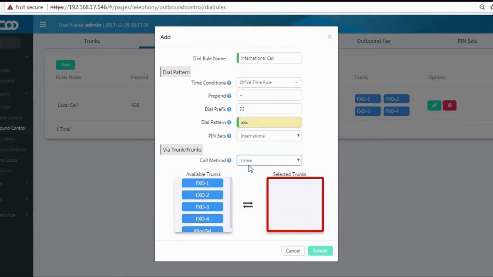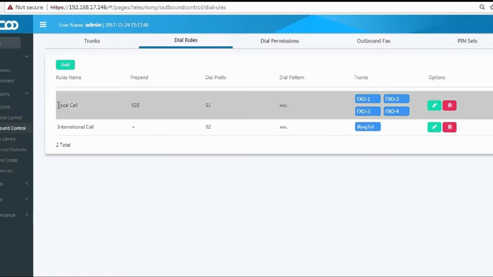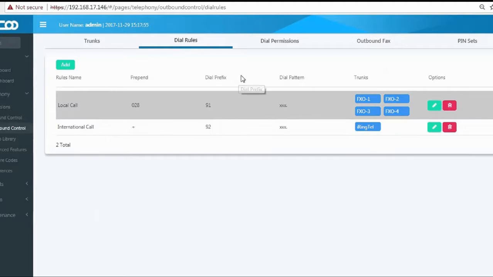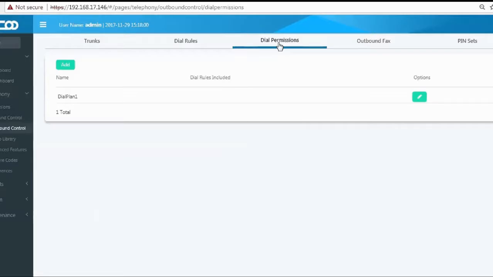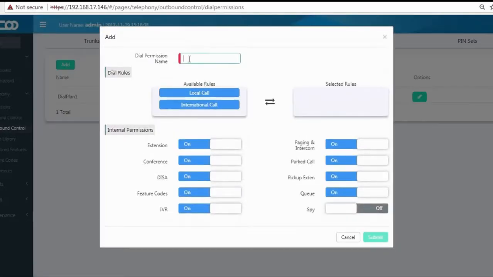and I can define a pin set for this and set the trunk to be used. So I'll submit that, and that's it, complete. I now have a dial rule for a local call and a dial rule for an international call. Next we'll talk about dial permissions, because dial rules and dial permissions are very much intertwined. So if I add a dial permission